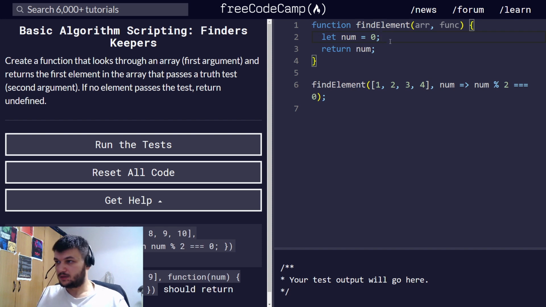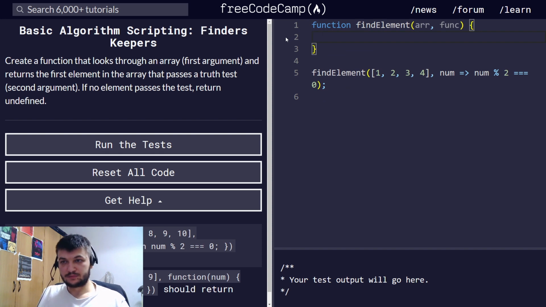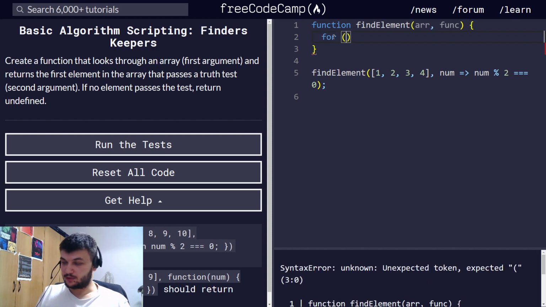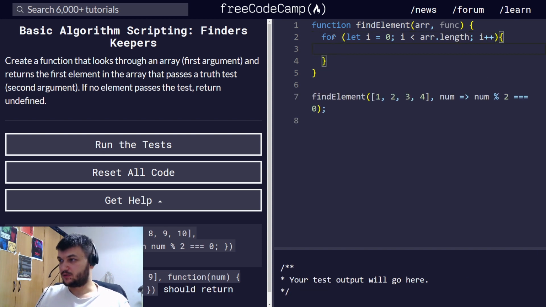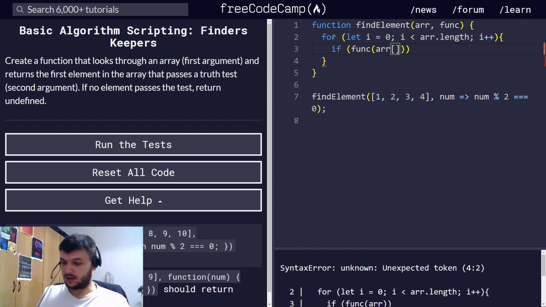I'm going to remove this part. Now, I'm going to make a for loop, let i equal to 0, and i is going to be smaller than array.length, and i++. Okay, so now we need to check if func of array at i, and then we need to